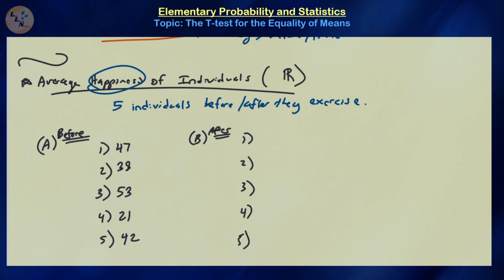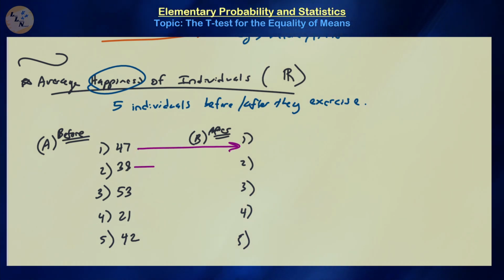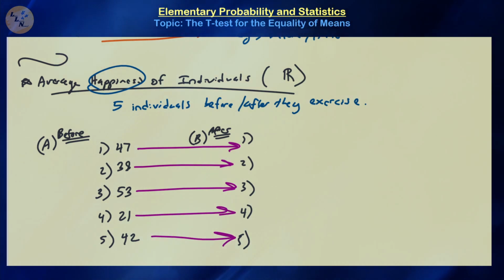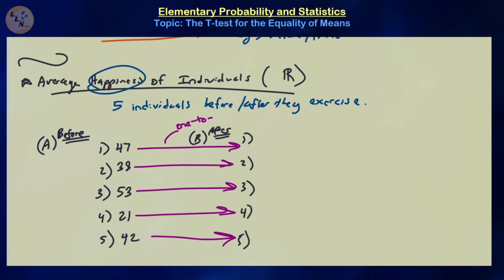In terms of what we mean by dependent populations, that means these two values are associated to each other, those two, those two, those two, and those two. So if, for example, you sample somebody before and they don't show up for after, you should be disregarding their values if you're doing a before and after study. There should be a pairing between them, or a one-to-one correspondence between them. So let's actually write that. One-to-one